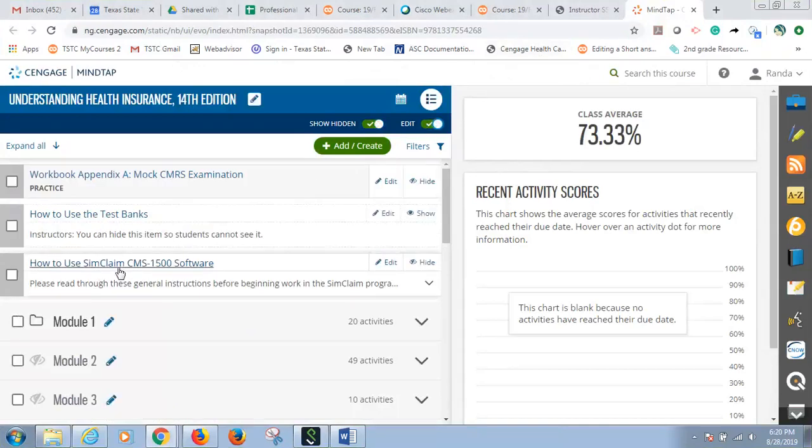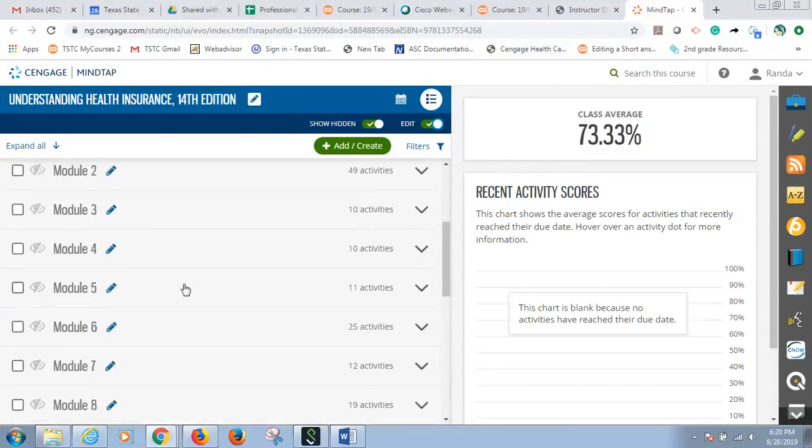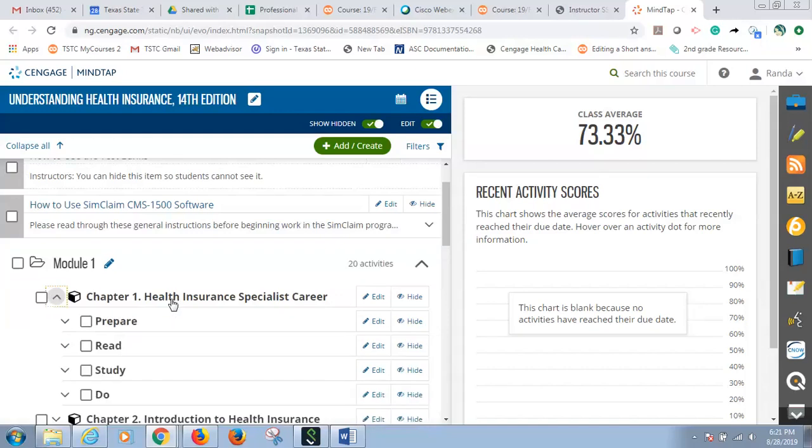Okay, so here we are on MindTap. It's broken down into 12 modules in MindTap. So like with module 1, we have chapter 1, chapter 2. Every single thing in here is set up. And I think once we get to modules 3 and 4, and possibly even through 7 through 12, which is whenever we begin the claim submissions, there's going to be things, and everything, like I tell y'all, is in the do folder.